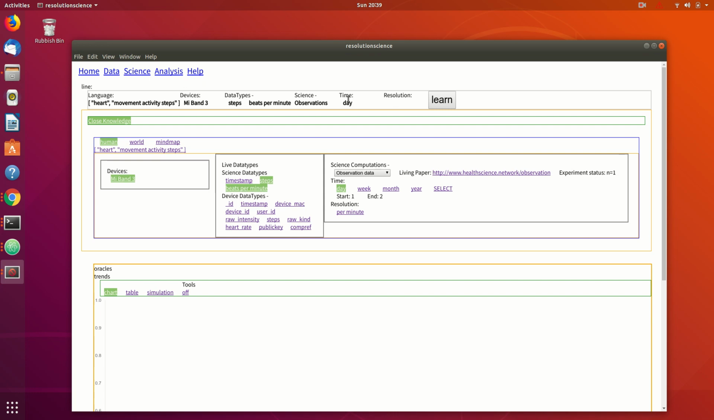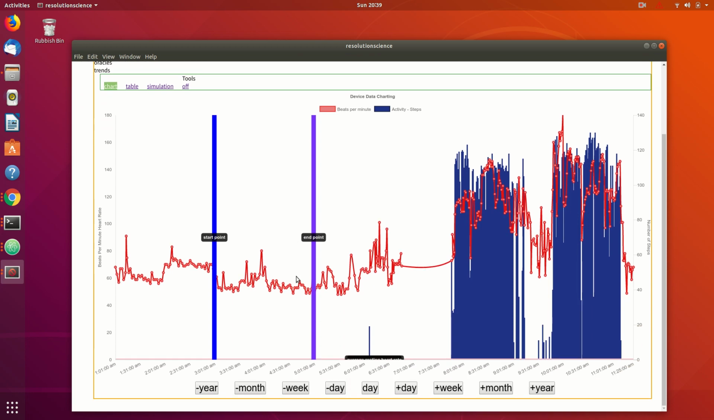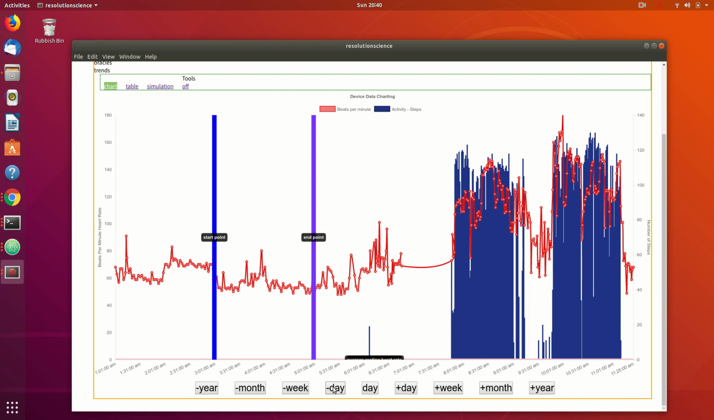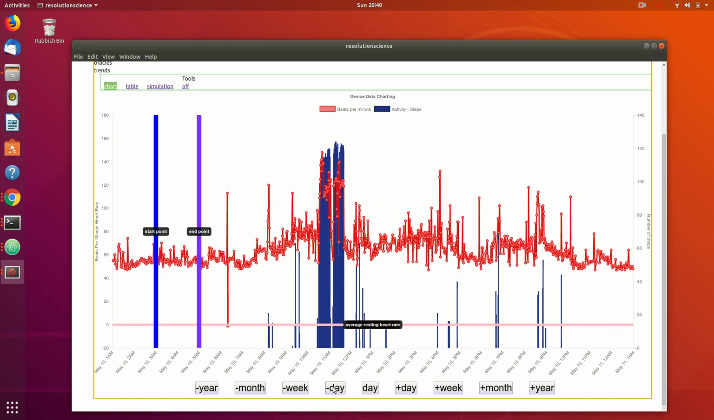And I just want to chart it daily, and I want to do it per minute. That's the only option, and that's it. I've got the chart available. And so when I click Learn, I can get my daily data, and then obviously go back and just learn from the